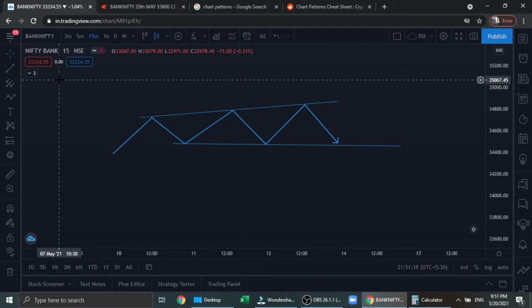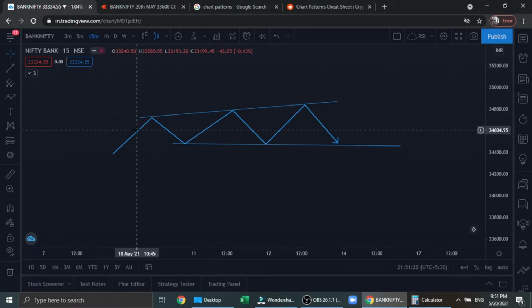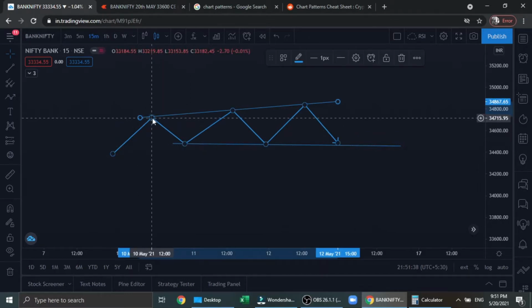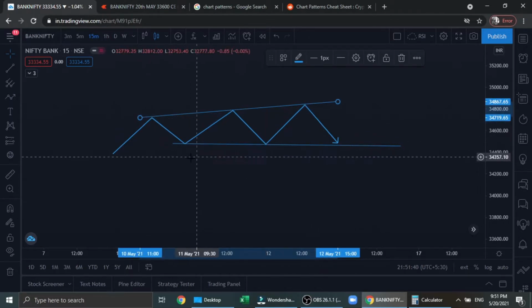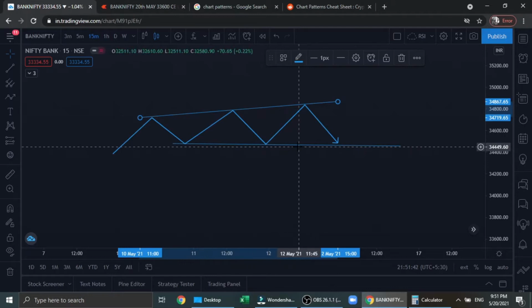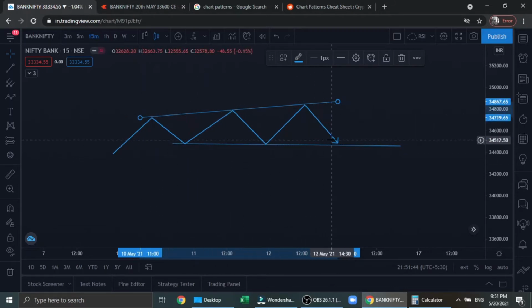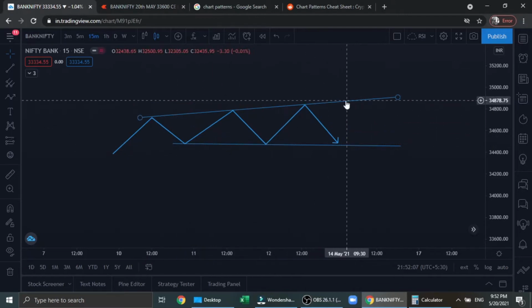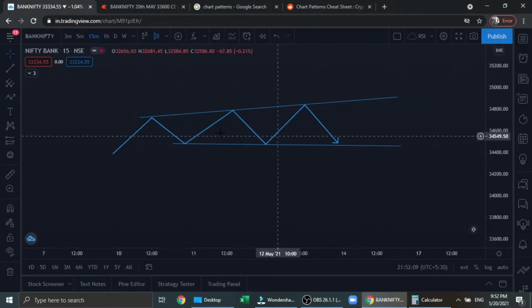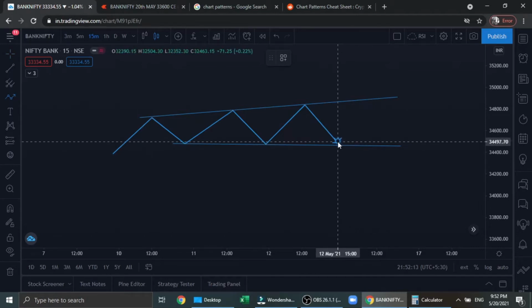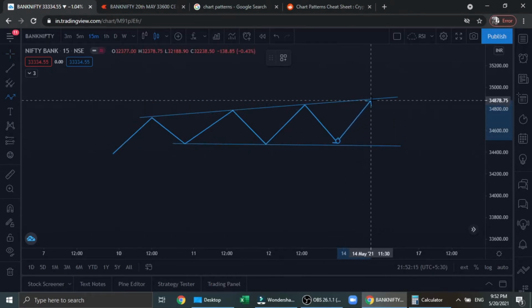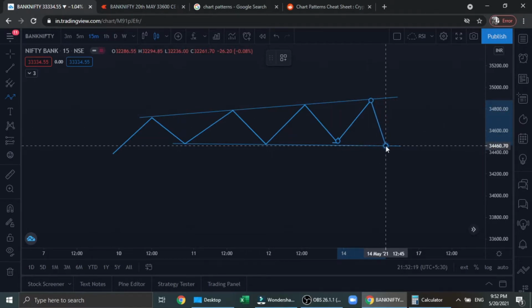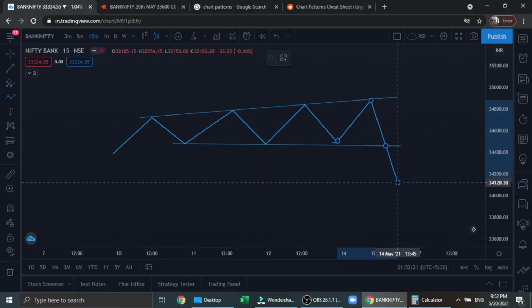The combination of support and resistance is nothing but the chart pattern. We just need to draw by connecting all the high swings and all the low swings. Then the combination we call a chart pattern. Then the stock tries to move within this pattern most of the time. Sometimes the stock takes support here and then starts moving upside, and then sometimes comes down and then takes breakout and then comes down.